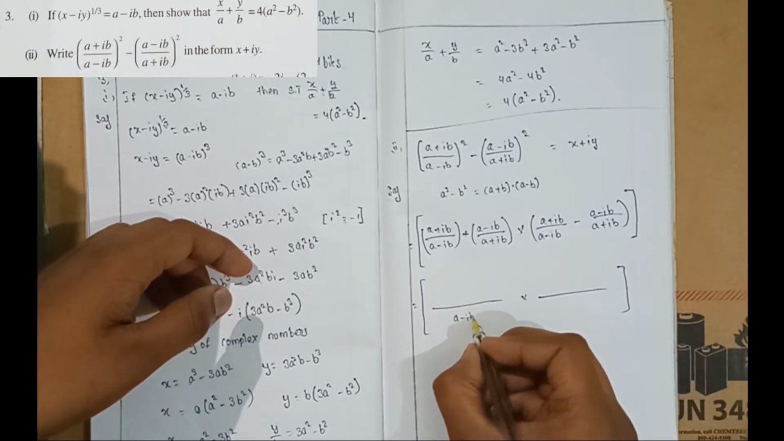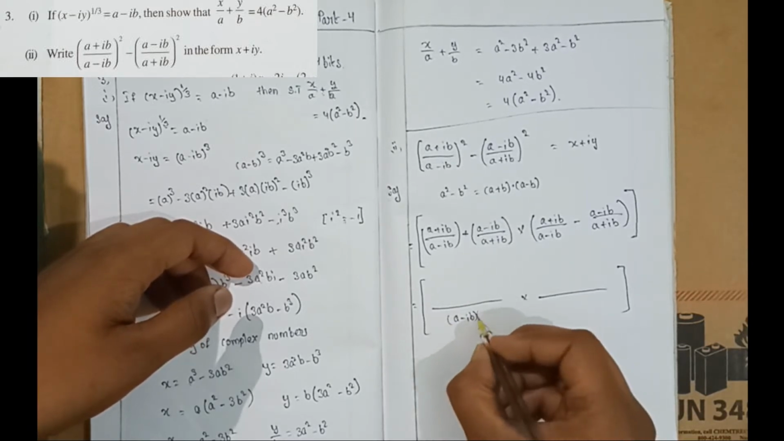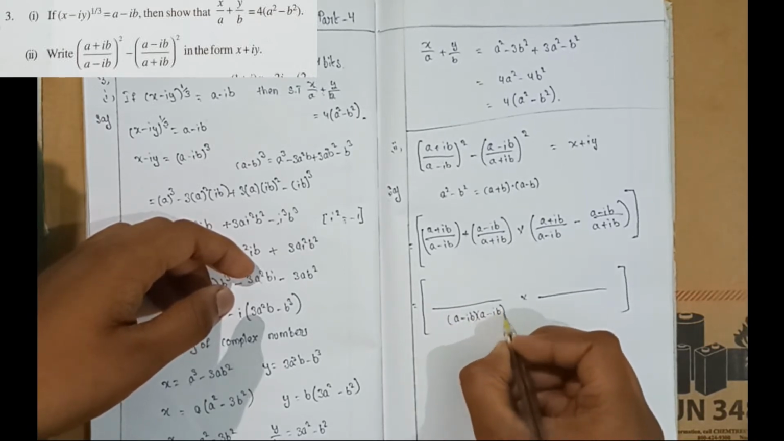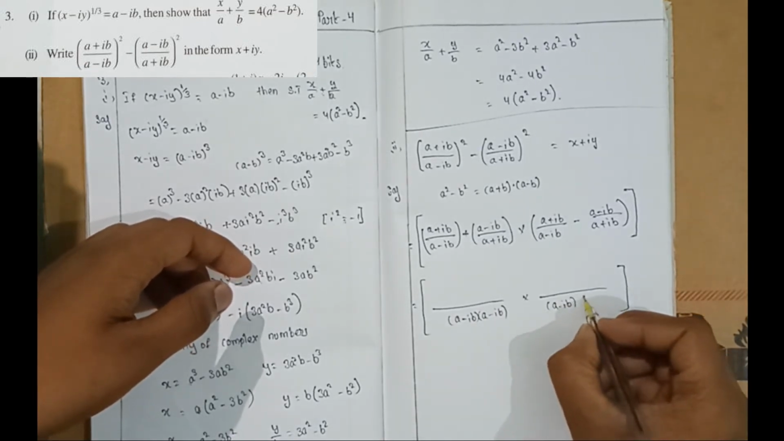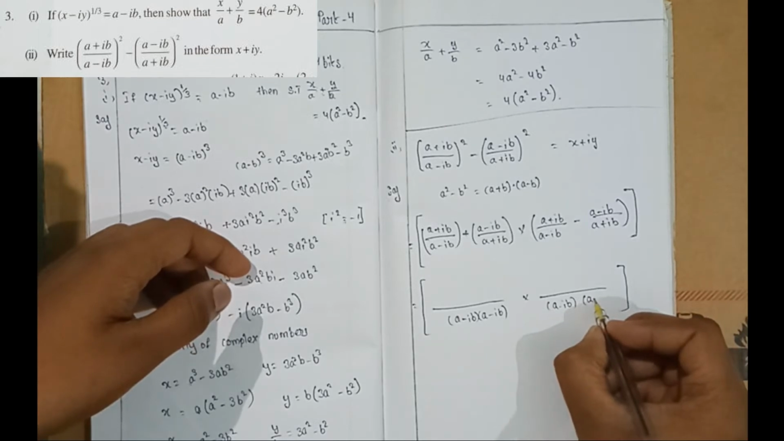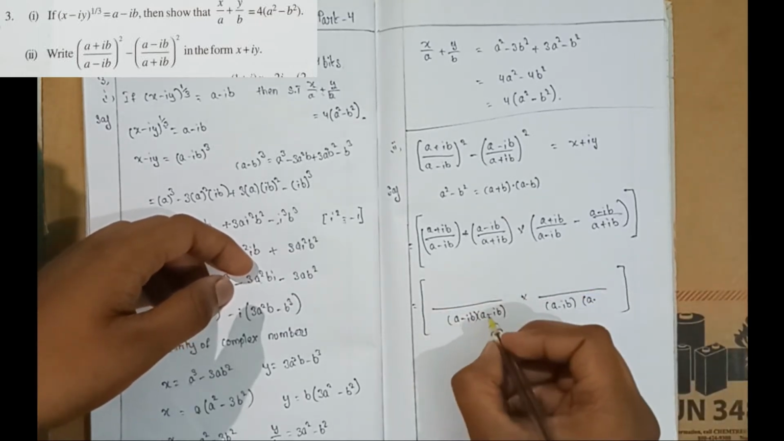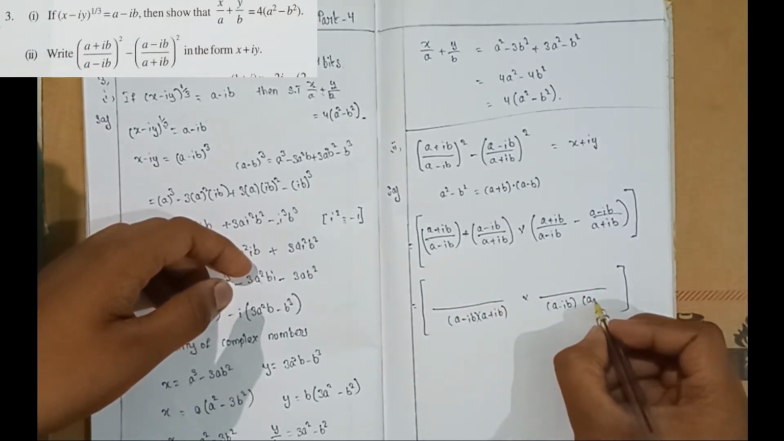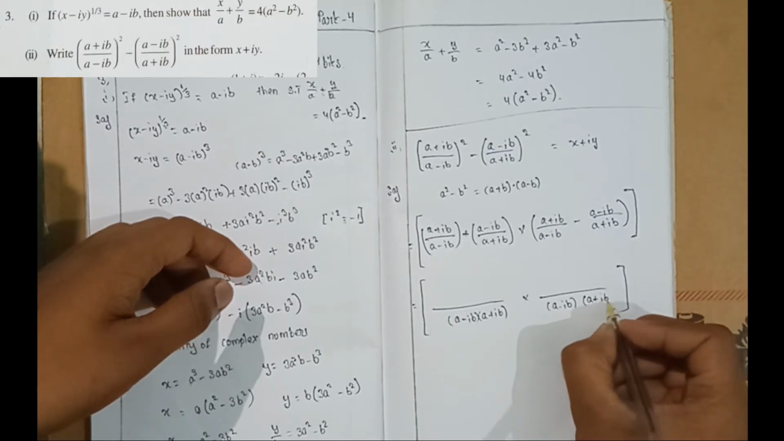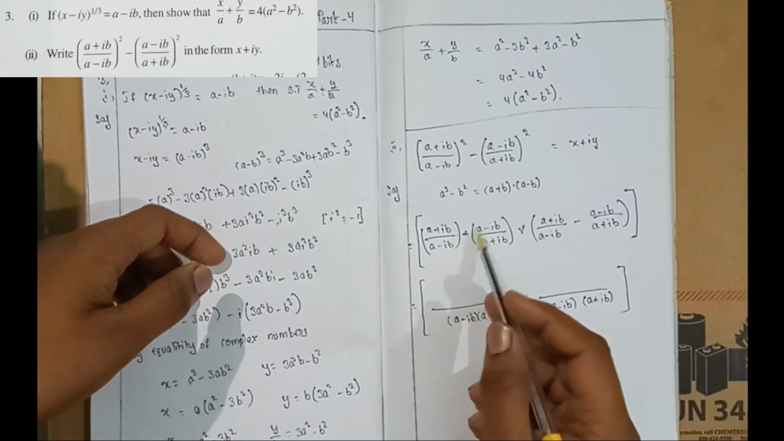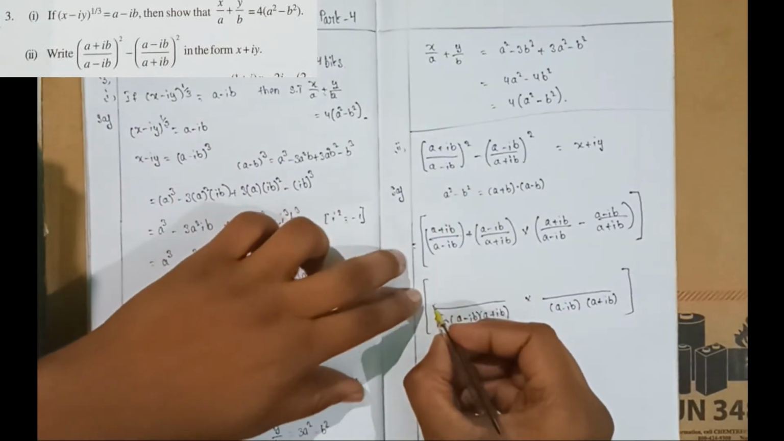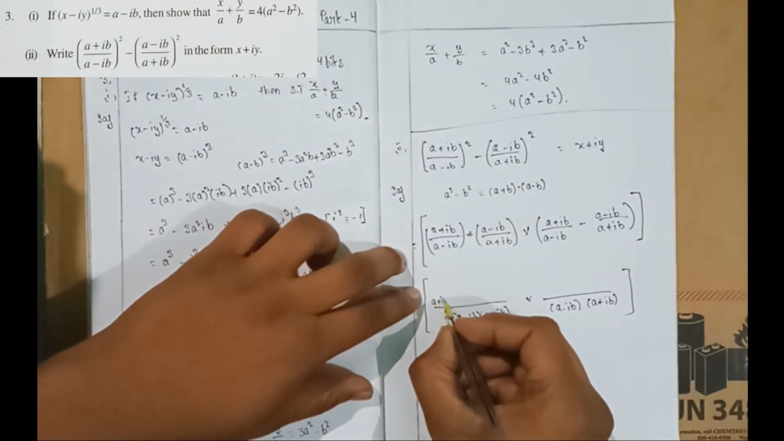A minus ib into a minus ib. Here also same, a minus ib into a... it is minus and it is plus, a plus ib. Now we have to do cross multiplication. A plus ib into